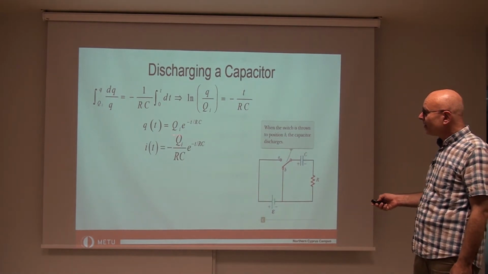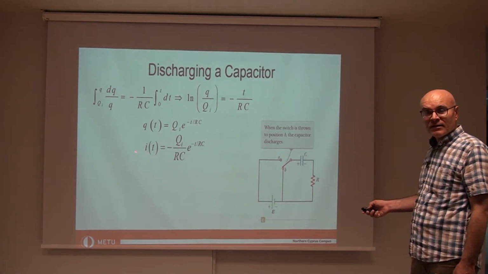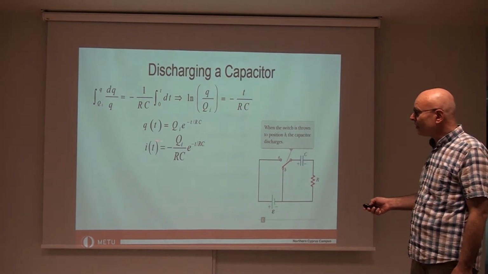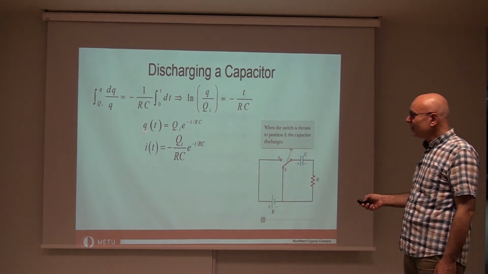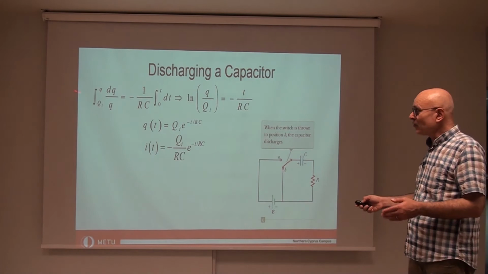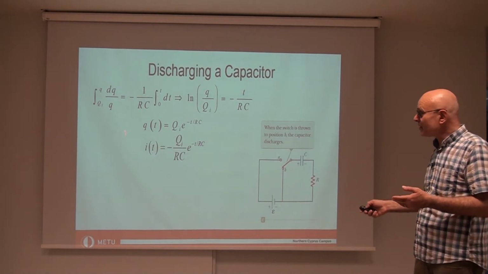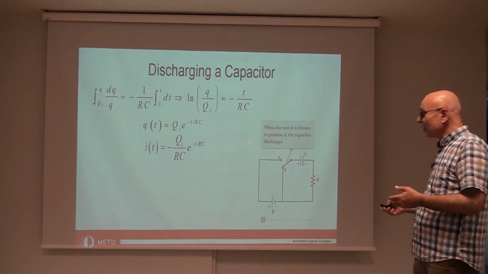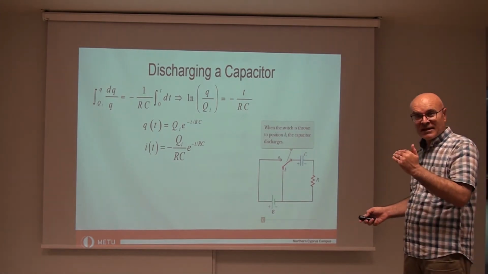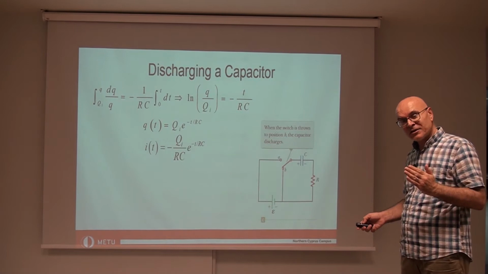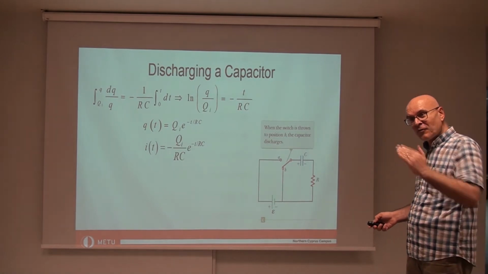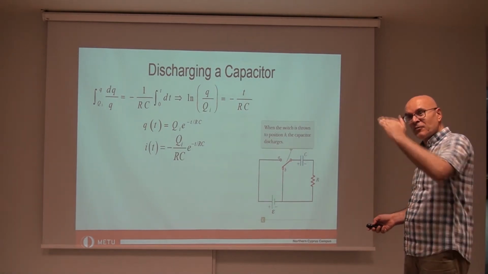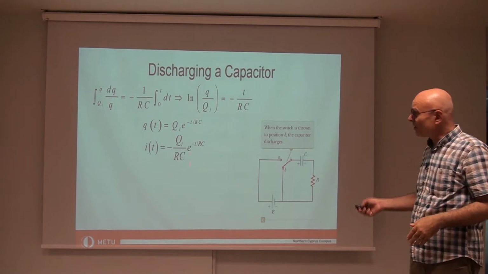The discharging curve here is similar to the charging curve for the current, but for the charge, it is different because it looks like the current. It's exponentially falling again, as you can see from here. It's not exponentially growing now, as in the case of charging. In the case of charging, we had the curve growing exponentially for the charge from 0 to maximum, but here it's dropping. So it looks more like the